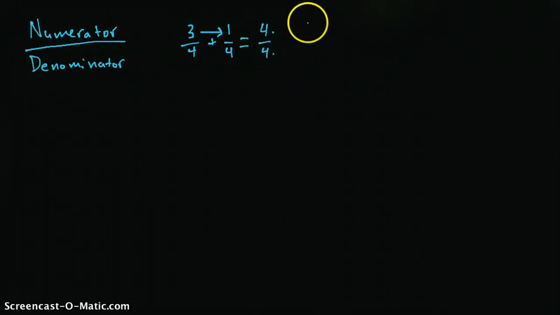Not bad. And if we subtract, it's the same idea. 3 over 4 minus 1 over 4. We don't touch the denominator, so we know it's going to be 4 still. And 3 minus 1 is 2. And of course, 2/4 can be reduced further to 1/2. But the most important thing that we're checking out right now is the process of looking at the two denominators. What if